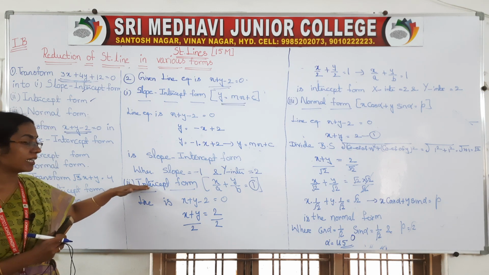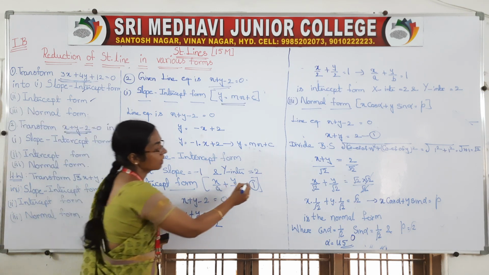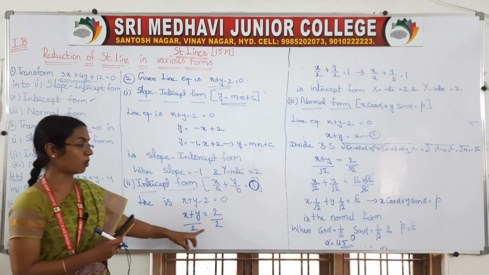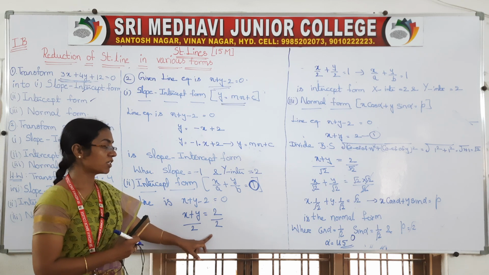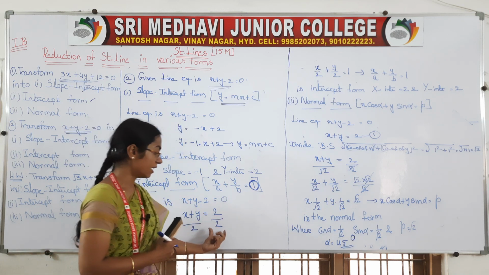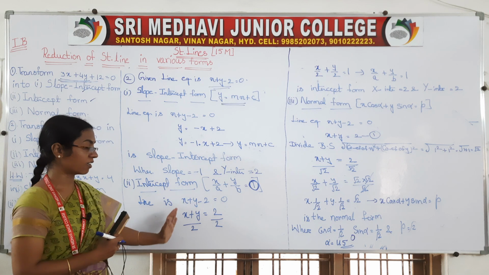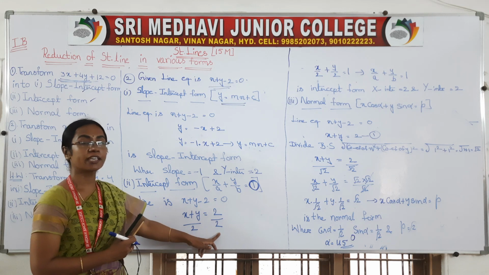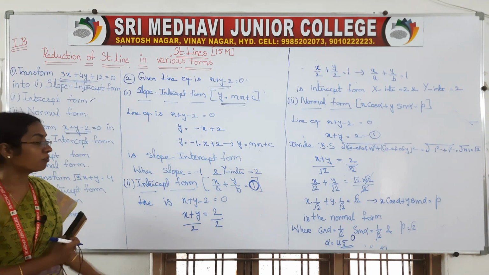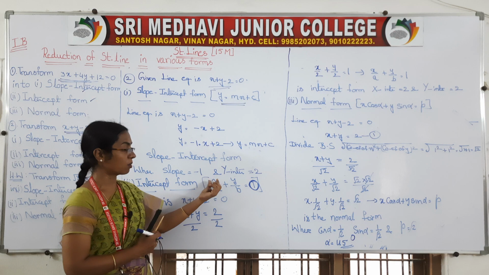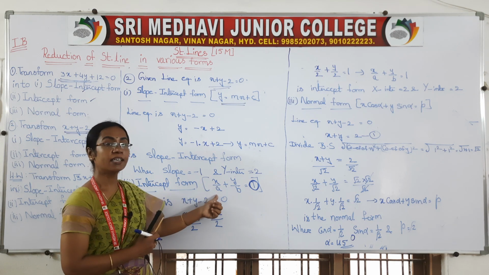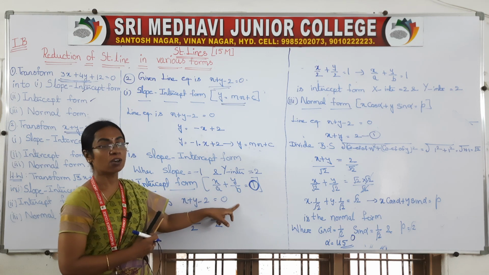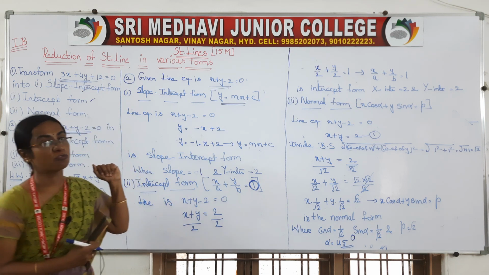So while converting to intercept form, keep this in mind as your first point: first try to get 1 on the right side. That means first send the constant to that side and divide by the same number so that both cancel and we get 1. After that, only x should be there. Suppose anything is there with x, send it downwards. Here only y should be there. Anything there with y, send it downwards. Then you will get your form.